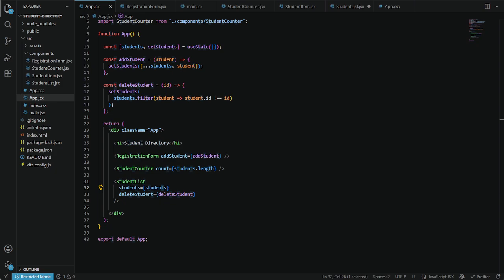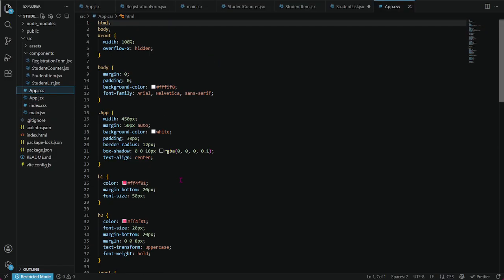The student list, this part, displays the list of registered students. And then the student, meaning the array of all students. And then the delete student, the function used to remove a student. And then export default app.